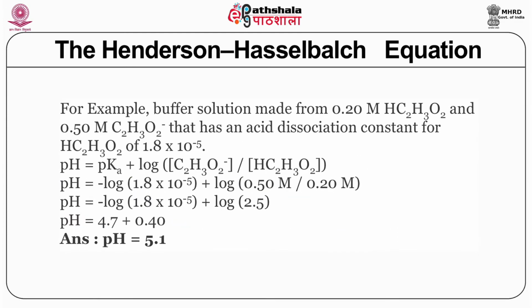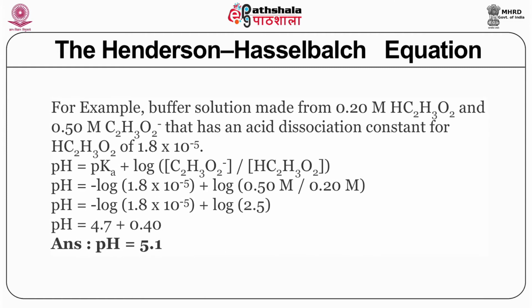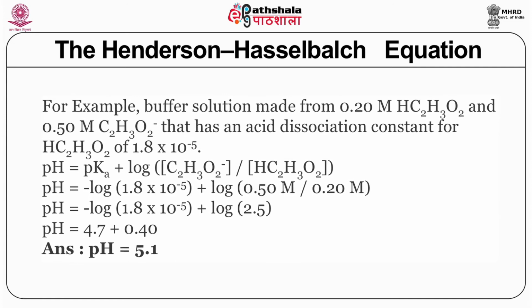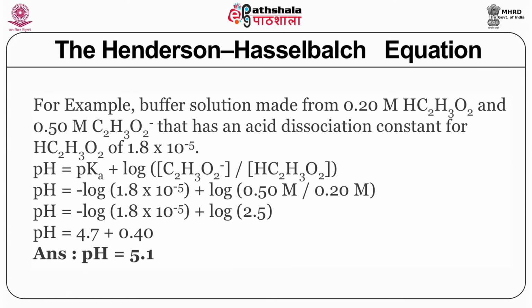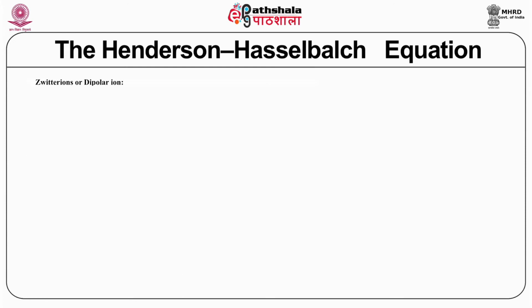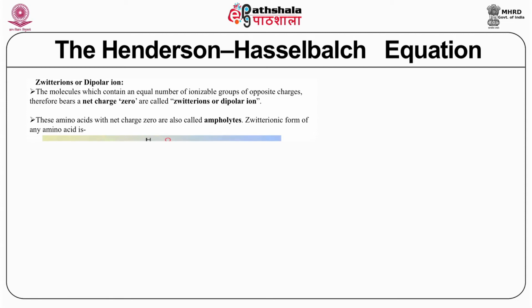For example, I have shown you here how to determine the pH of a solution made from 0.2 molar acetic acid and 0.5 molar acetate. It has two dissociation constants. Therefore, you can determine the total pH of this mixture. This you can do yourself. Then comes the titration of acids. I am not going into the classical HCl and H2SO4 which you have studied earlier, but I will bring this to you to introduce you to amino acids, which you will be doing in much more detail in paper 4 on biomolecules.